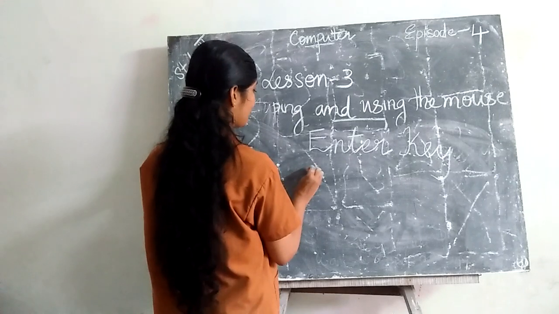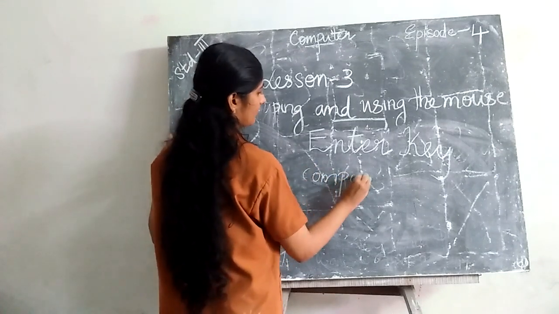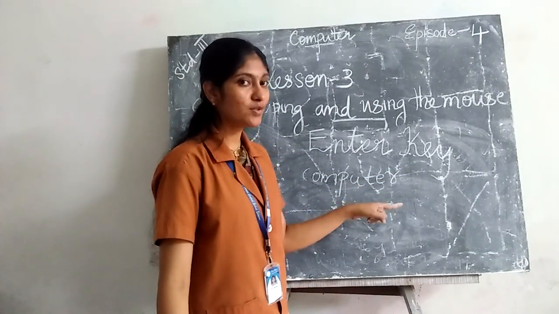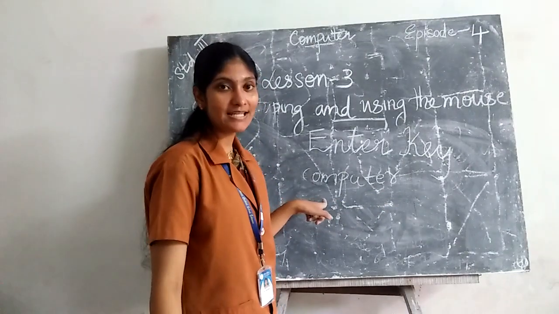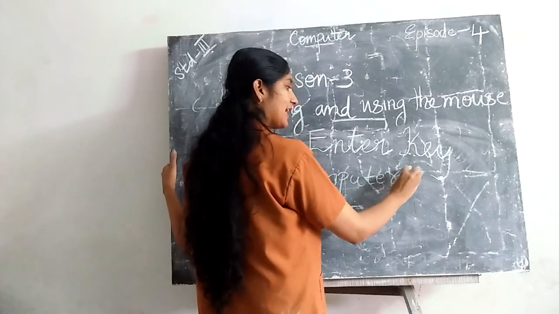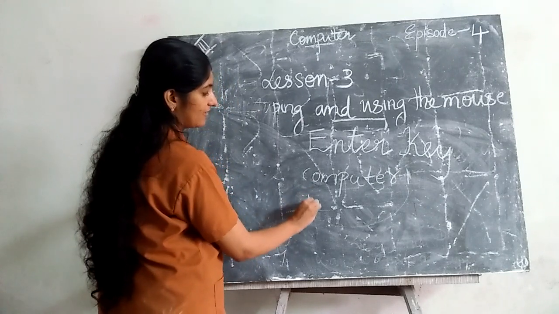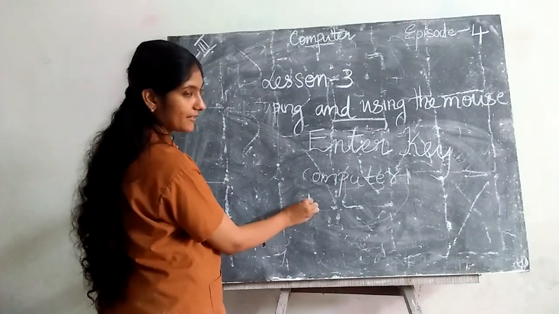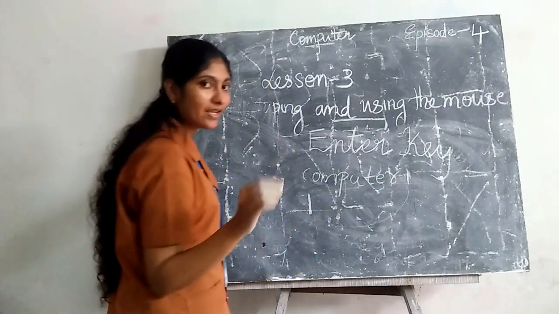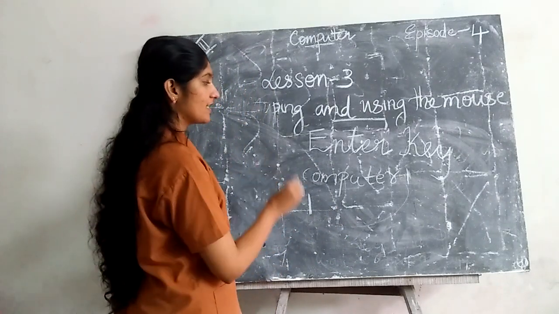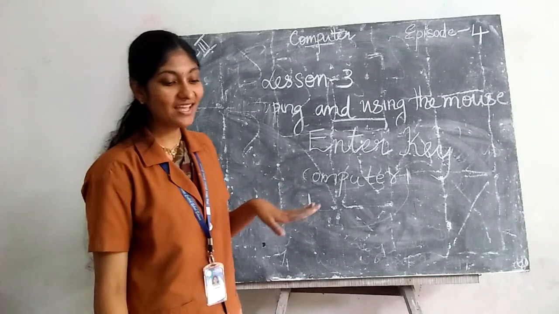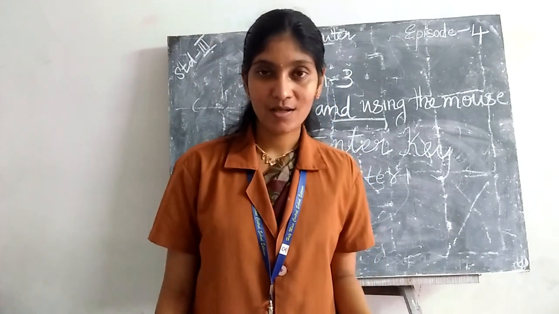That means when we type computer and then we want the next portion to appear in the next line, here is the cursor after computer. When we press the enter key, the cursor will be seen on the left side of the page. That means when we press the enter key, a new line will appear. So what is the use of an enter key? For creating a new line.